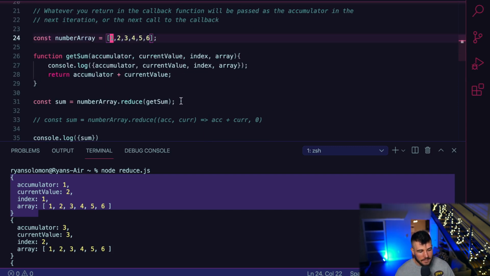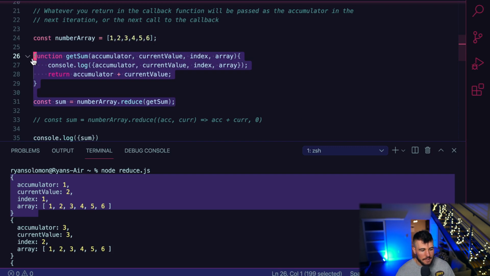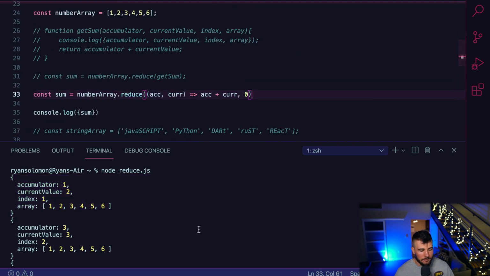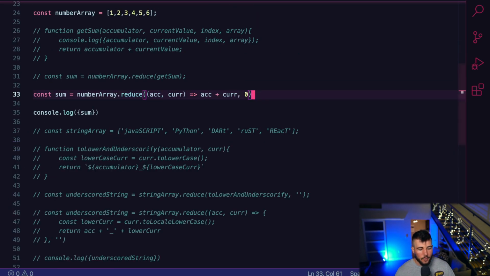Now, we can actually do all of this in a bit less code overall, to where just like other functions or methods that take functions in JavaScript, we can just pass an inline function here. So this is actually pretty common to see with the reduce method. I would say sometimes with a reduce, it's more complex, and it can be helpful to actually define a function, write it out, and then pass it into reduce. But this is also completely valid, and it's still good practice to do this if it is easier